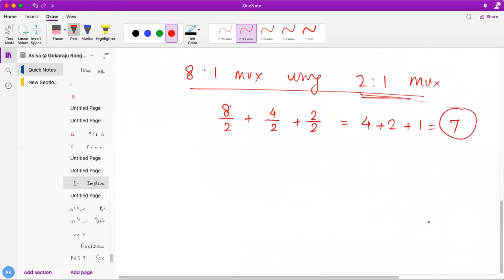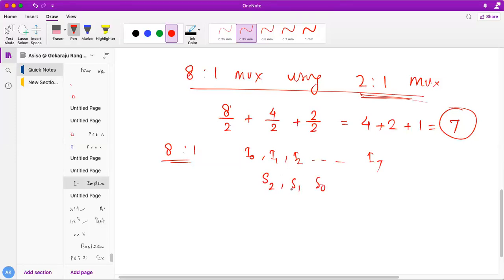So now the question is how we can design this 8x1 using 7 muxes. Very simple. You can see here for me an 8x1 mux. First of all, tell me how many inputs are there? I0, I1, I2 up to I7. And how many select lines will be there? Obviously, there will be S2, S1, S0.